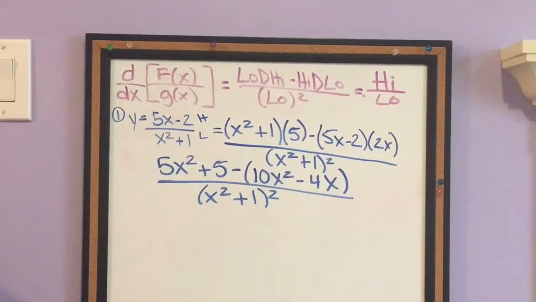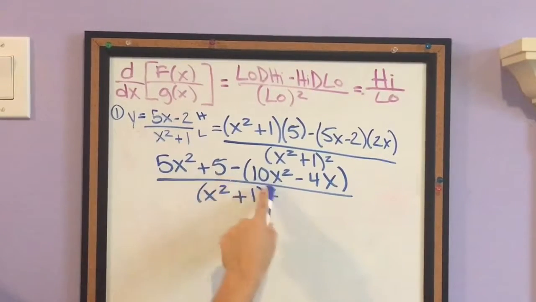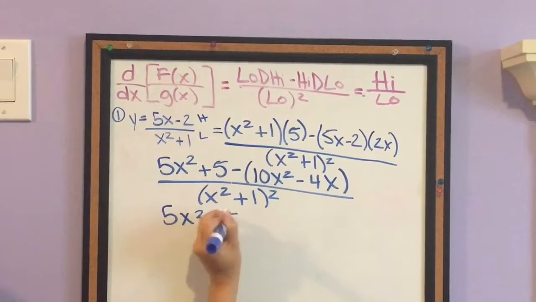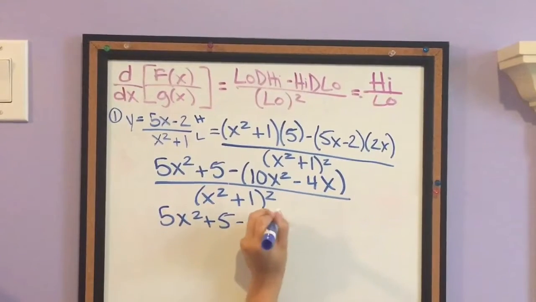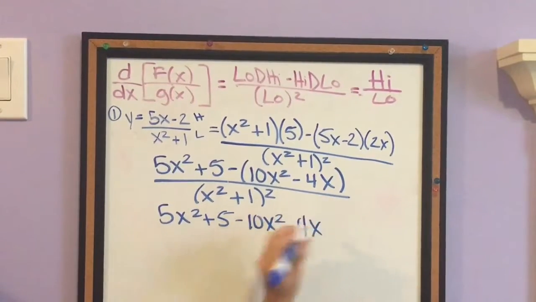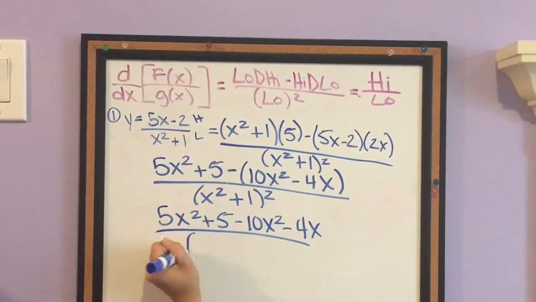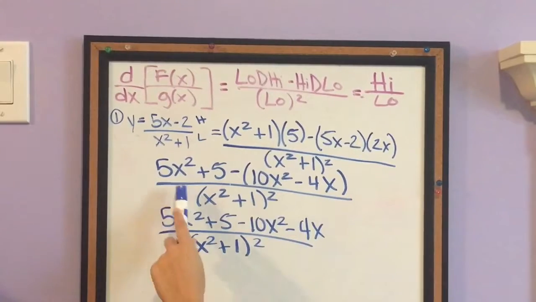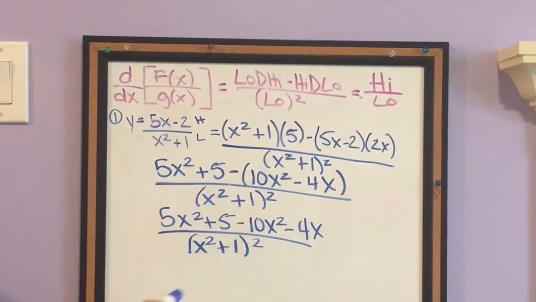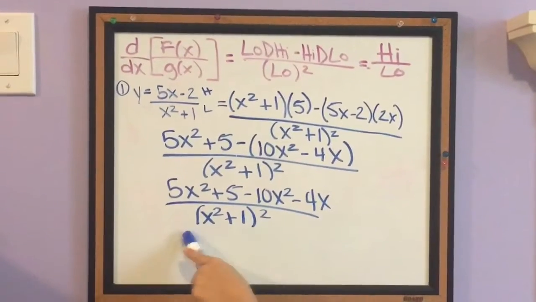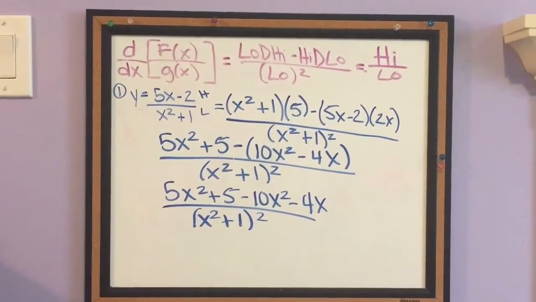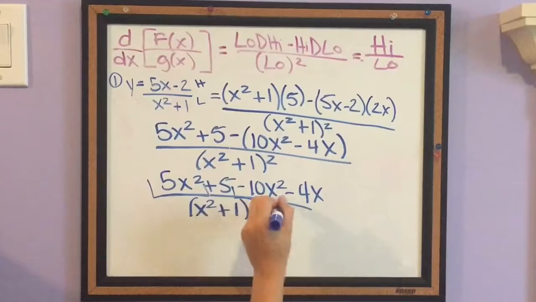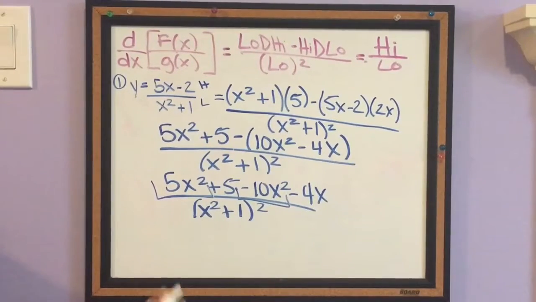Now what you're going to do is distribute this negative. And then once again, it's all over the bottom. You don't want to FOIL out the bottom because a lot of the times they just leave the bottom just as it is squared. And once you simplify this and add like terms, this 5x and subtract the 10x,